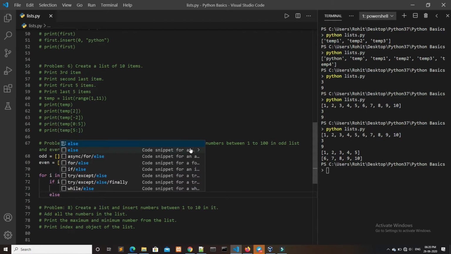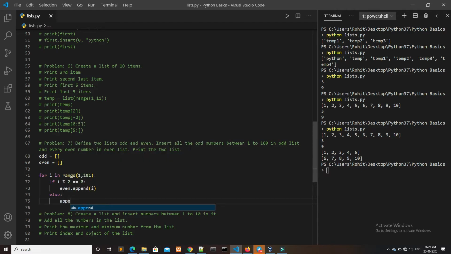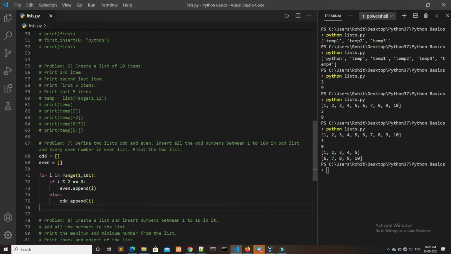So in the else part, we have to append the value i in odd, that is odd.append(i). This will give the desired result that we want.